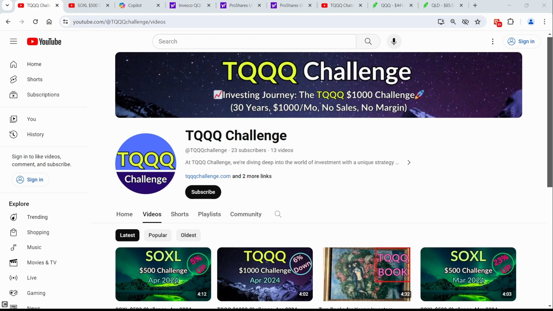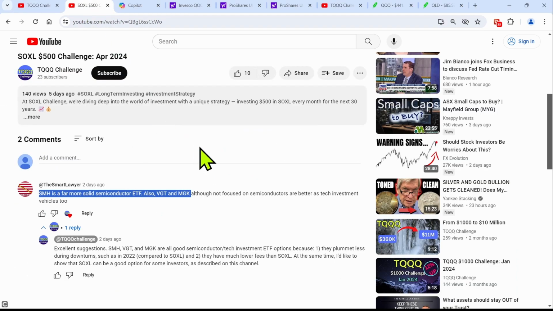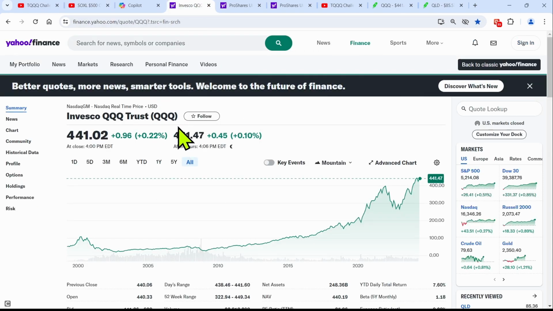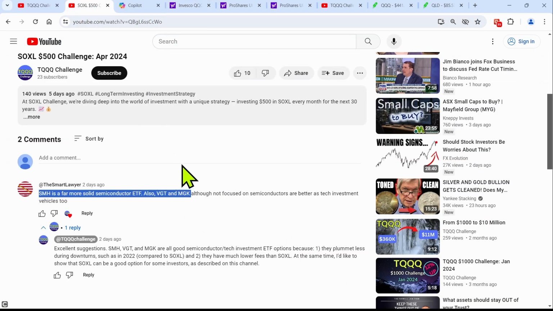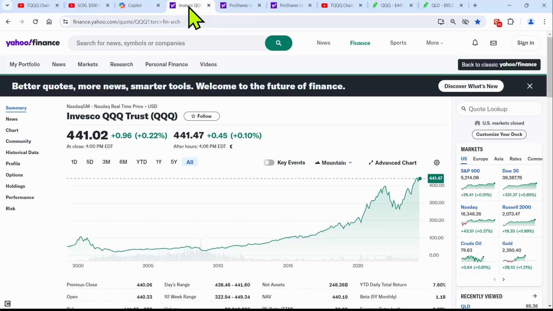Today, we're diving into an exciting new challenge that explores the dynamics between QQQ, QLD, and TQQQ. Recently, one of our subscribers suggested three fantastic stocks: SMH, VGT, and MGK. These options intrigued me because they tend to weather downturns better than TQQQ and SOXL, with lower fees to boot. Among these, MGK caught my eye as it closely resembles QQQ. Initially, I contemplated starting the MGK challenge, but after careful consideration, I've decided to kick off a new challenge: QQQ